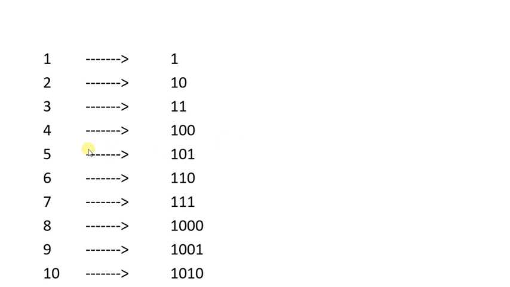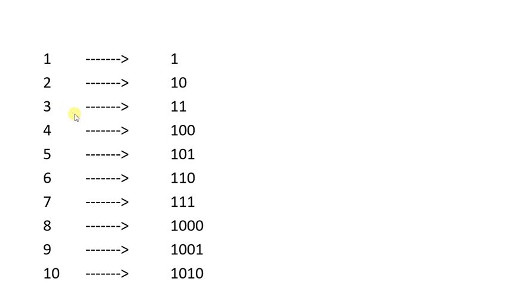So you can see, I already put the binary conversion of integer numbers from 1 to 10. For 1 the binary representation is 1, for 2 it is 10, for 3 it is 11, and for 10 it is 1010. One very common thing you can figure out from here is that the least significant bit of an even number is 0 and for an odd number it is 1.